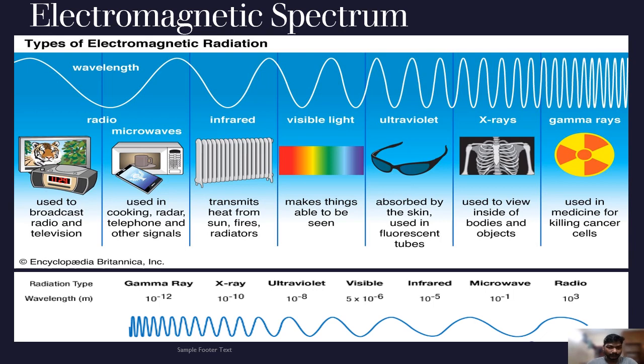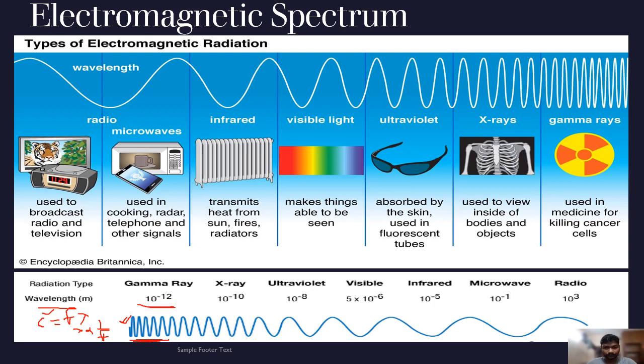So first is gamma ray. Gamma ray has a wavelength of 10 to the power minus 12. So it has a very small wavelength and high frequency. Here we can see that if there is less wavelength, these waves are squeezed, which means frequency is high. As we know, C equals frequency into lambda. If we take C as constant, lambda is inversely proportional to 1 by frequency,